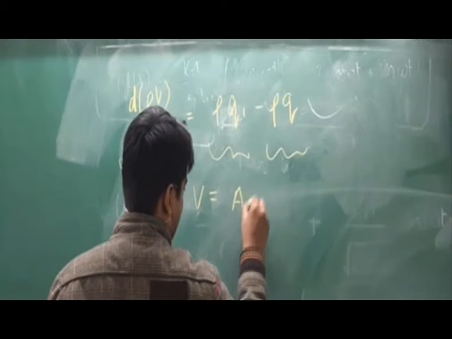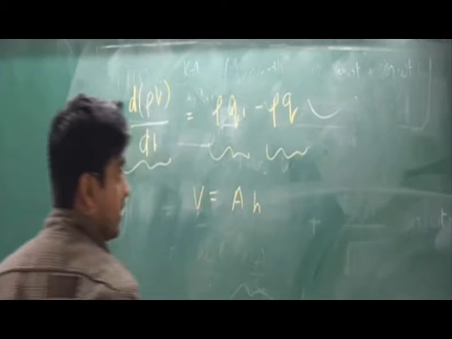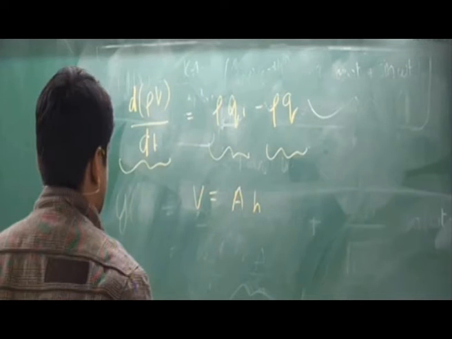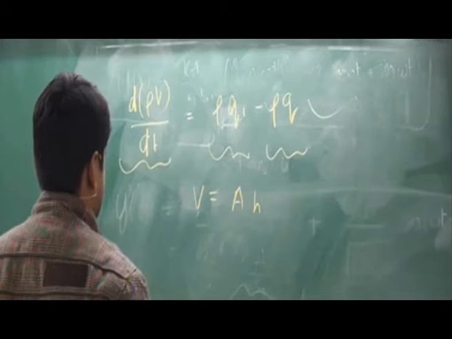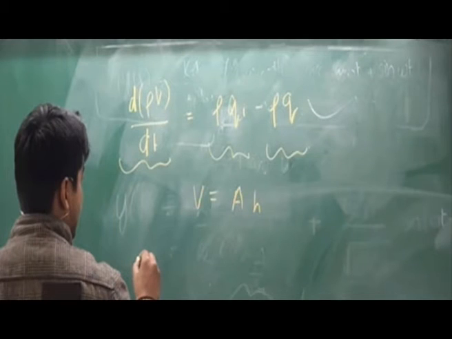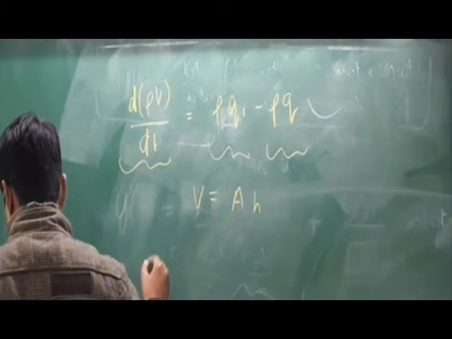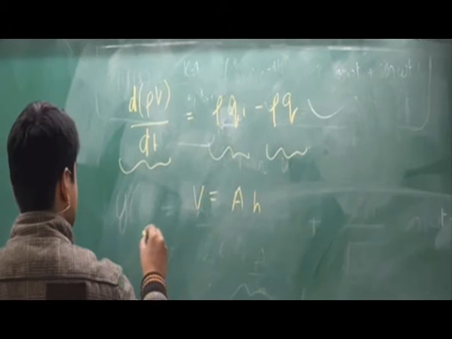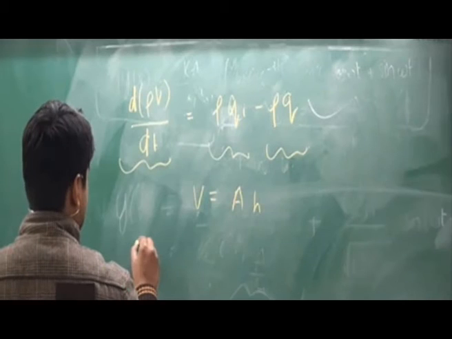I know that the volume is given by the multiplication of the area and the height of the level in the tank, where the area is going to remain constant. So this would be,